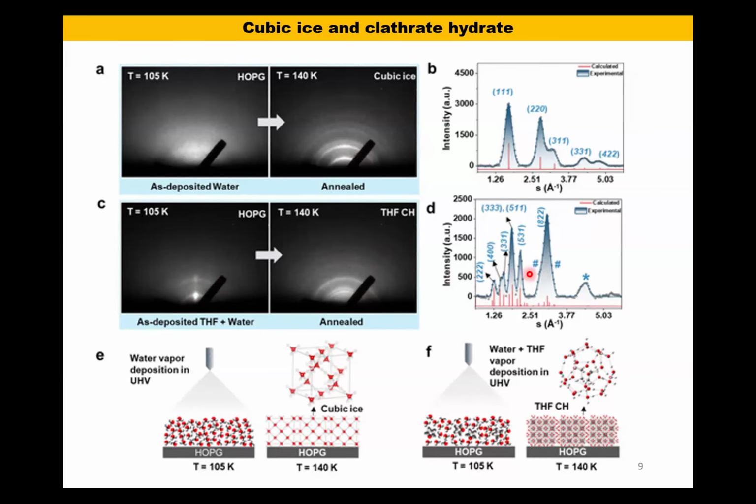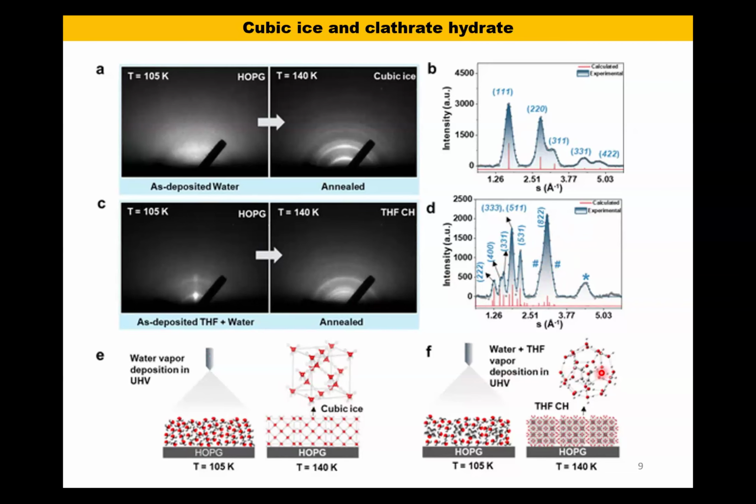When we match it with the THF structure 2 XRD data, we found a very good match with higher intensity planes like 822, 400 and 331. Along with that, we also observed a minor amount of cubic ice, which I have denoted as Ic. This schematic shows that pure amorphous solid water, low density amorphous solid water, forms cubic ice, whereas the mixture of water and THF